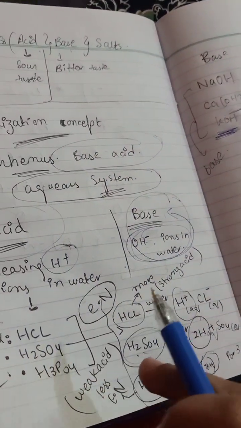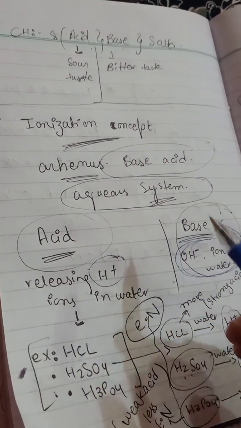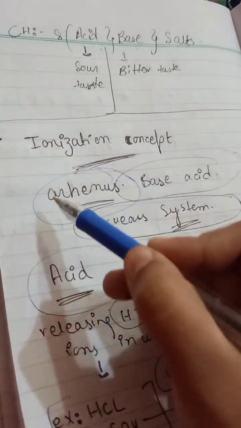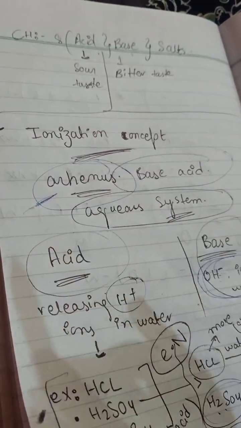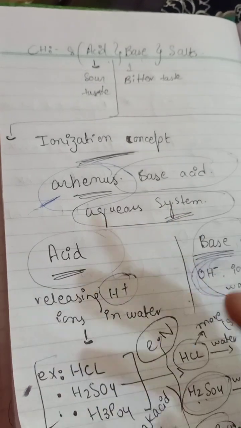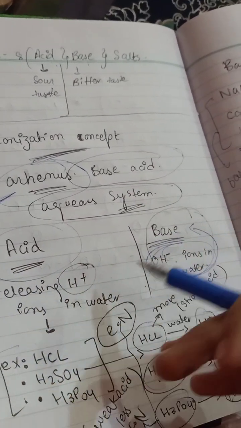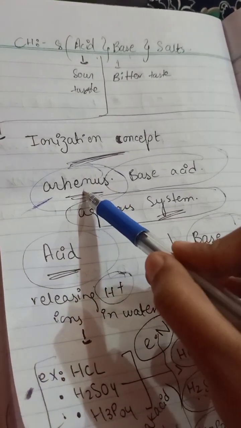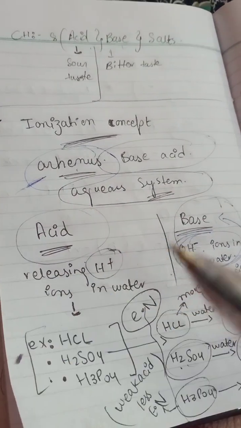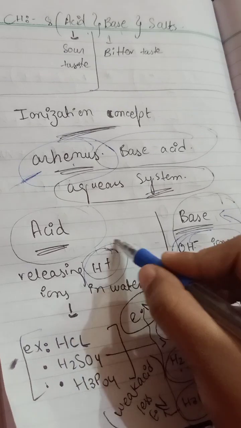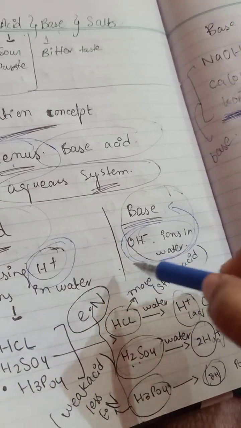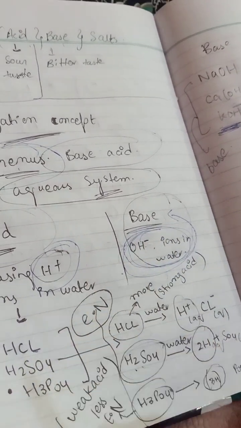But if we talk about this one, the base basically depends on the ionic character, and the acid depends on the ionization character, because of the Arrhenius theory. But we have many concepts on that. These are not based on hydrogen and hydroxide, but according to Arrhenius, acids are those that release the hydrogen ion, and bases are those that release the OH ions.